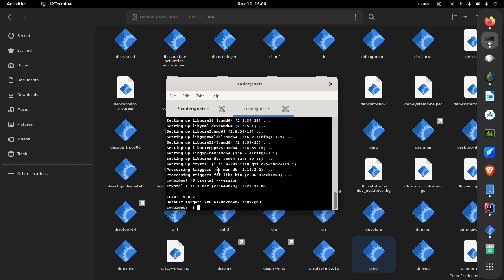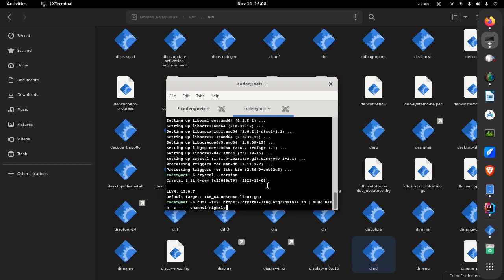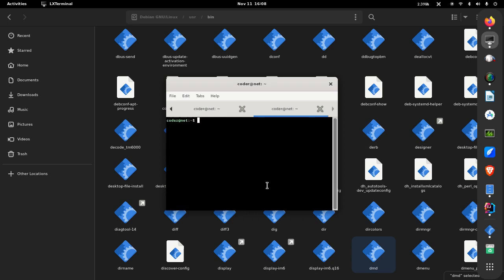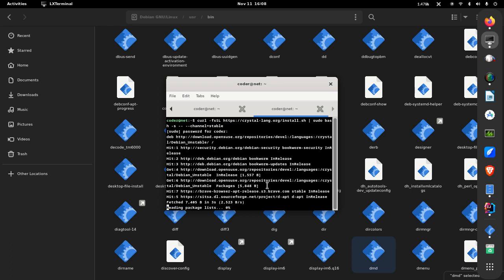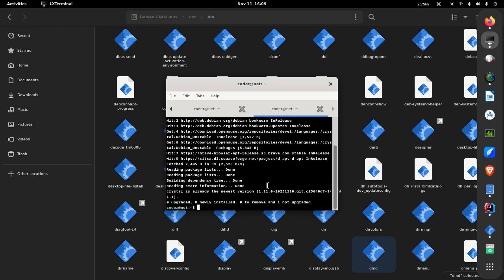Still the dev version. Okay, we'll just use the dev version. Oh, I installed it nightly again. Okay, let's open another terminal. Let's say stable. Let's do this. Let's just wait. Now, okay, sudo apt remove purge